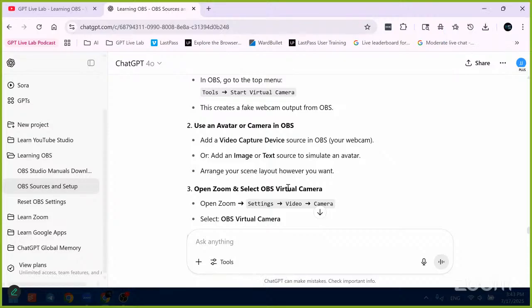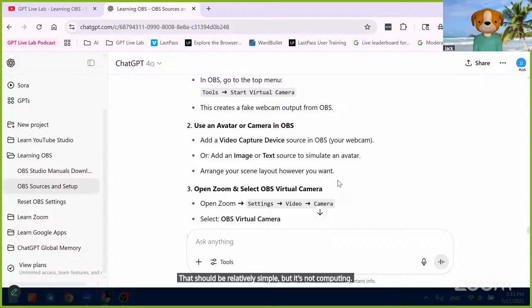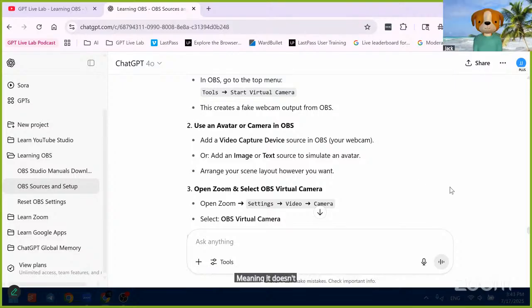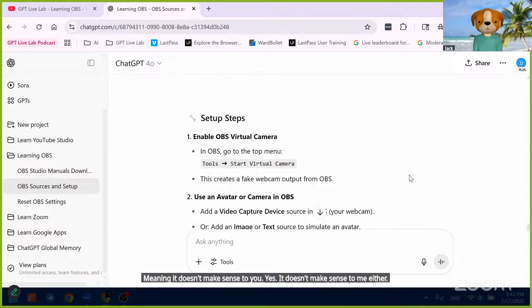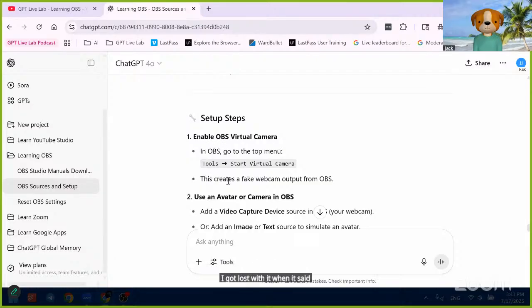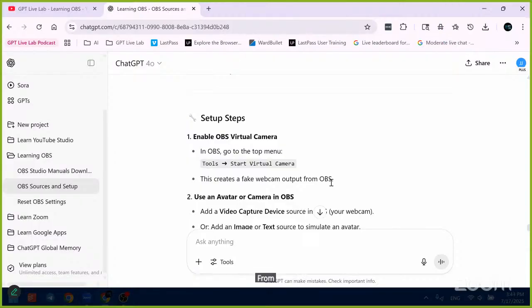That should be relatively simple, but it's not computing. It doesn't make sense to me either, because I got lost when it said here, this creates a fake webcam output from OBS. So if it's an output,